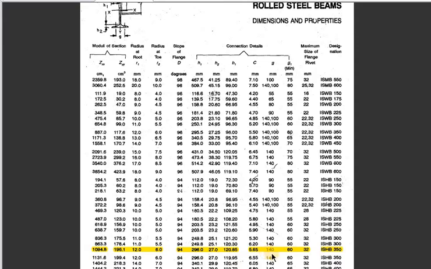How much gauge distance has been given here? 140 gauge distance is given. So this 140 I am using here. The whole thing which I have explained regarding the steel table is 140. We have to take this 140 from this gauge column. So again I am referring to this.